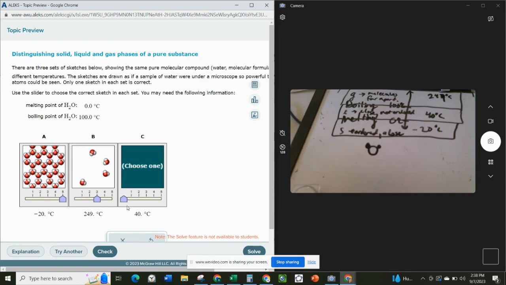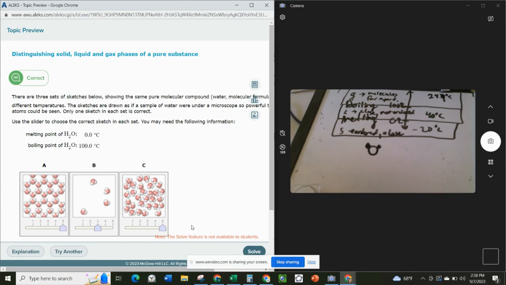Okay, last one, we're looking for a liquid. So we are looking for water molecules that are sliding past each other. This one, they're pretty far. I would say that's a gas. This one we talked about, this is a solid. They're very ordered. They're close together. This one is not water. We're looking for water molecules. This is not water. They're quite close together compared to this one. This one, they're pretty close together. There's some gaps, but it looks like they're mostly touching. They're sliding past each other. This one is water as a liquid. So let's check that. Okay,